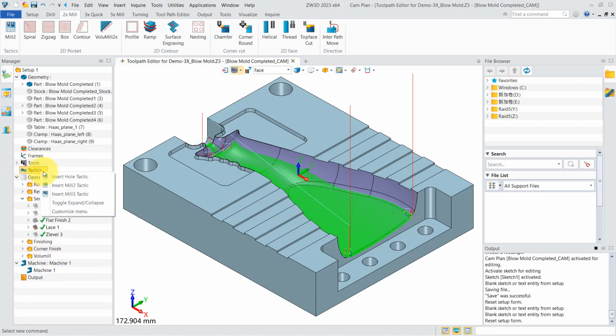And tactic, we can insert whole tactic and mail tactic and so on. We can insert operation and manage operations here. Like we can insert folders to manage the roughing, press roughing, semi-finish, and so on. And then